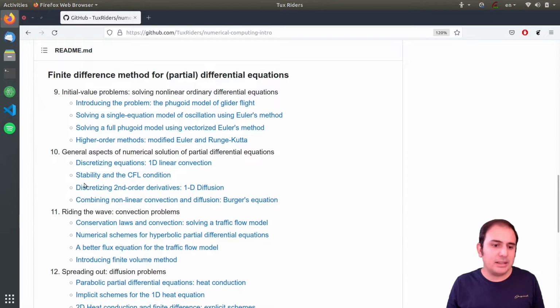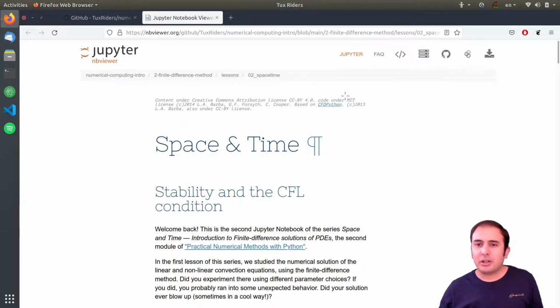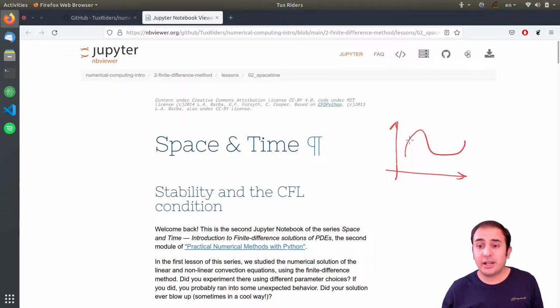Okay, so stability and convergence. Let's see what they mean in action. These are very essential things in numerical computing. To briefly describe what that means, numerical computing is a sort of approximation to a function. Let's say that we have a function here, and we want to describe it as a discrete set of points. So we just compute the value of the function at these points instead of having a continuous interpretation of it. But then the problem is